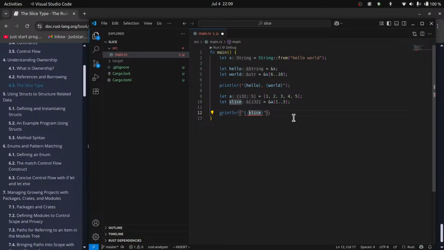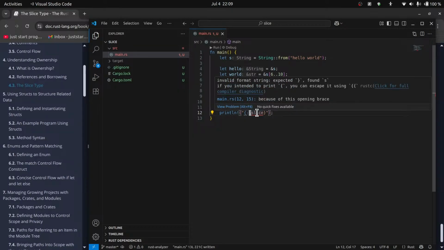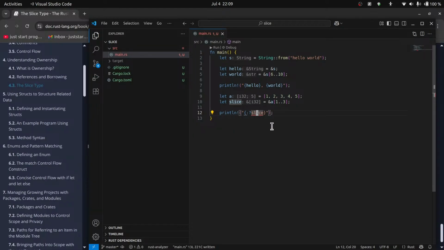Colon question mark. Yeah. No. Okay. Maybe we need to look for an example how to print